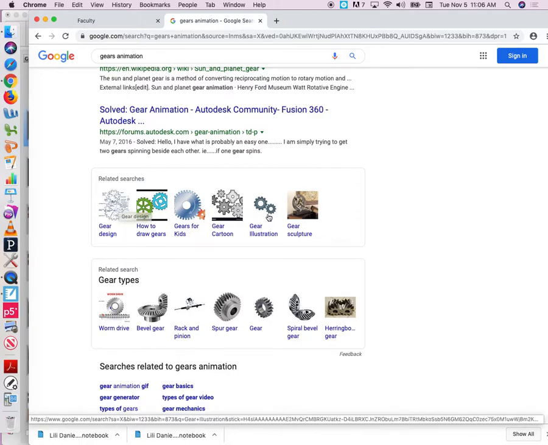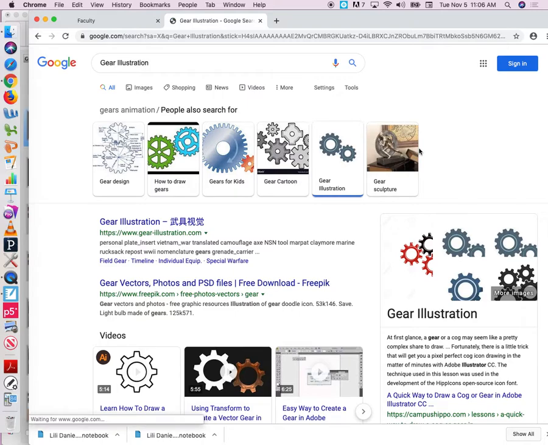So true. I'll move on. I can't find what I'm looking for, but you see,